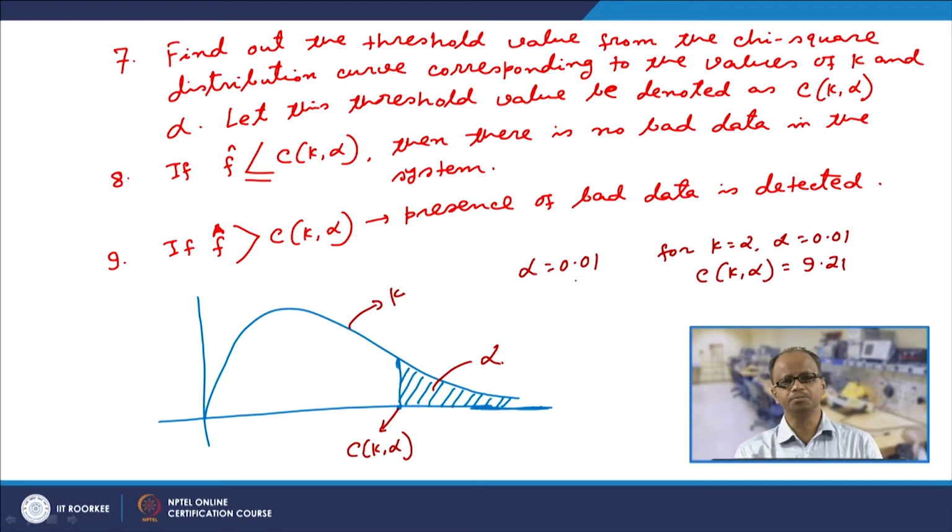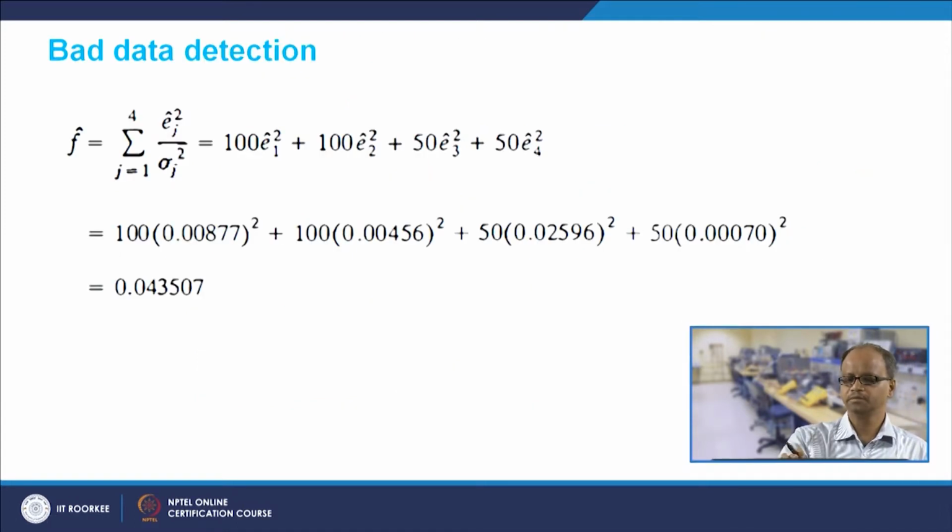So, we detect the presence of bad data, but now the question is, how do I detect which one has got bad data? So, for that what we do is that we simply calculate the value. Now, to detect bad data, in this example, if we do remember, in the first case, our measurement values were